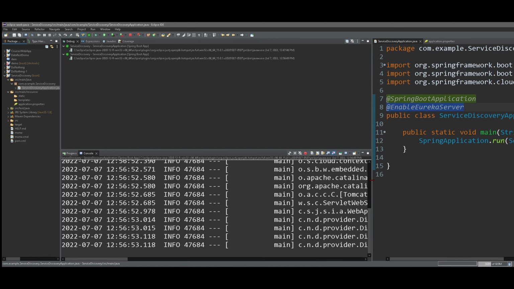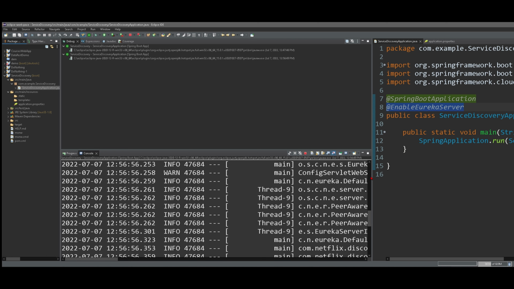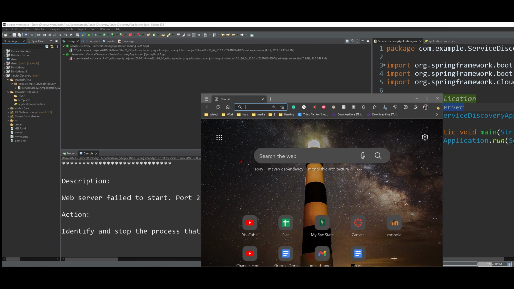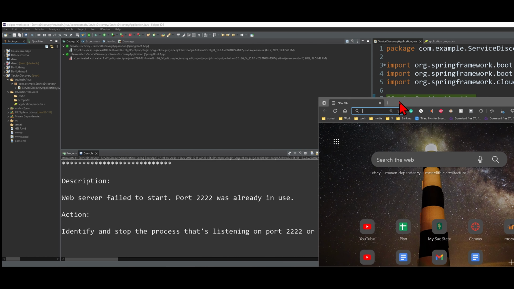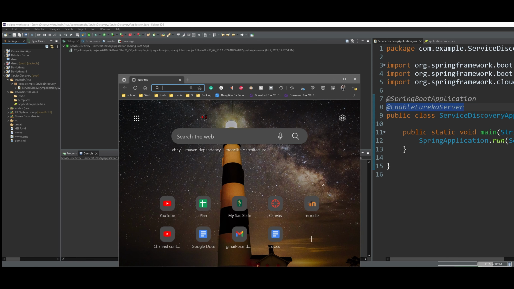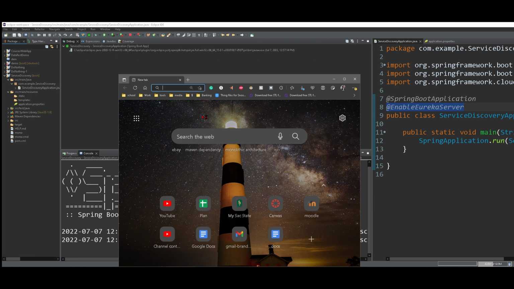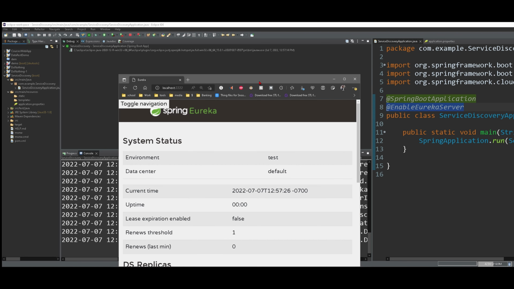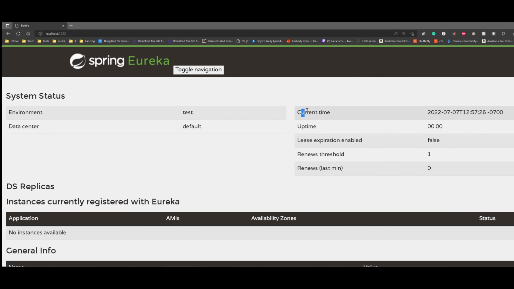We can see that it loads up, and once it loads up, we are going to want to open a new tab, or we can open a browser in our Eclipse. Now it's saying that it failed because my port was already in use, but to fix that, we can just terminate and rerun by clicking the red play button right here. We're going to want to do localhost, and then a colon and then 2222. We can press enter, and then we can see that we have our current time,